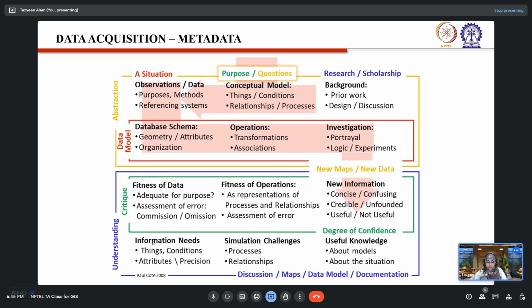Okay, you need to then understand whether all the attribute data, all the precise information that is required for the final output or display data, whether it is available to you or not. Correct? So you will just cross check, you will understand, and you will assess on your own if all of that is fulfilled. And finally, when all of that is fulfilled, you will have a degree of confidence on your output model, your documentation will be completed,